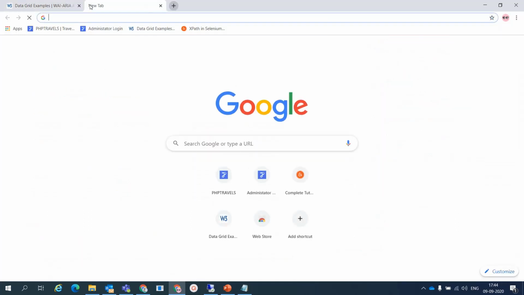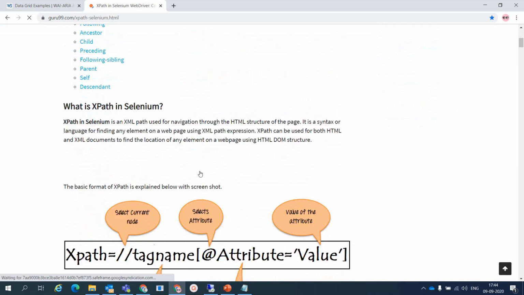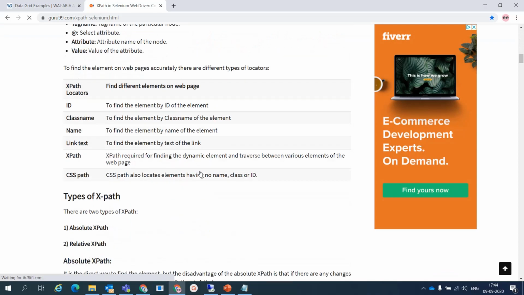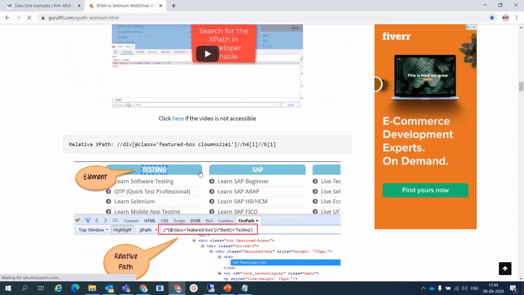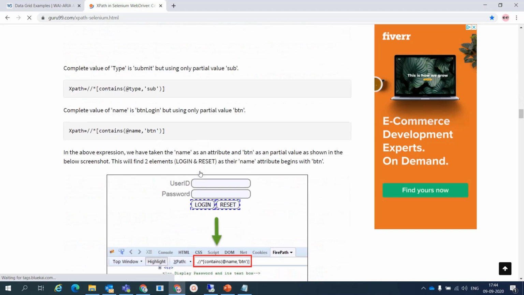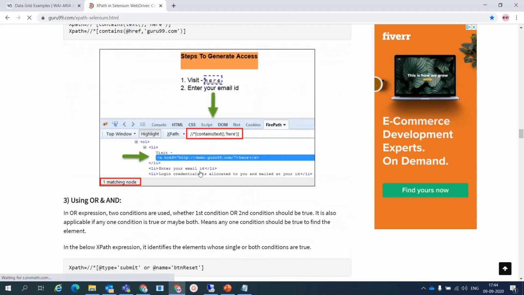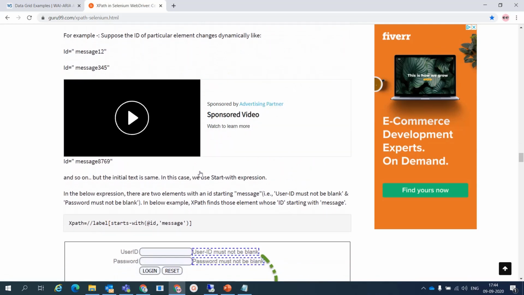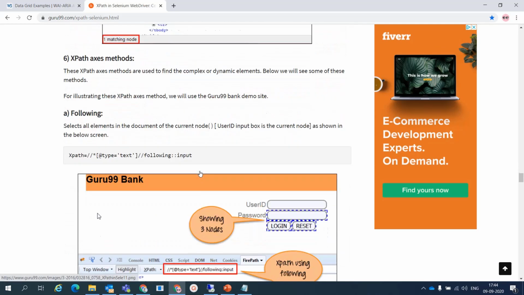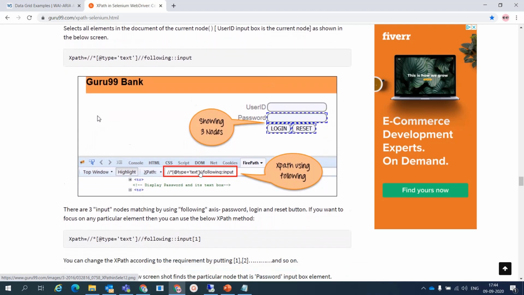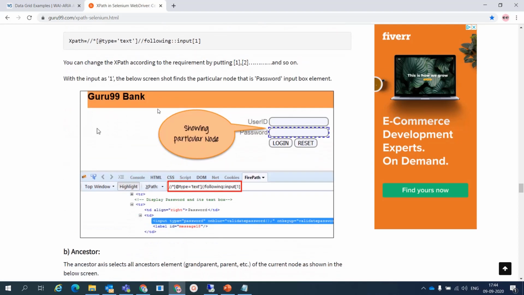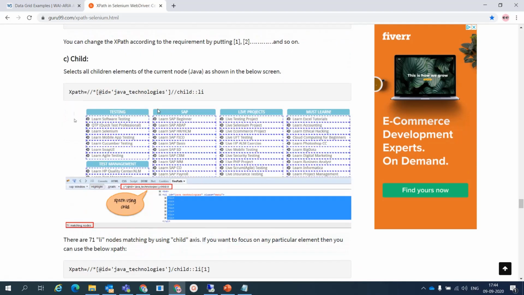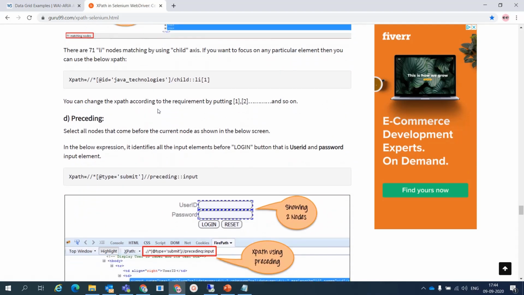I will go through this again. Here you can find all the methods. Hope I am clear and I have explained it. And if you still have any doubts, please feel free to comment. I will answer them all, or I will make another video on other keywords for finding the dynamic XPath. But first, let's practice. Then only we'll get an idea and get the questions on how to use the XPath.